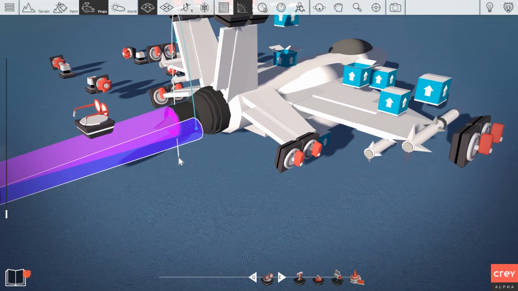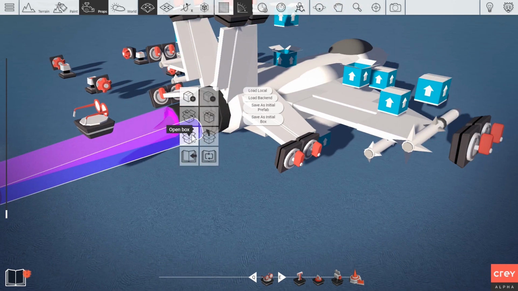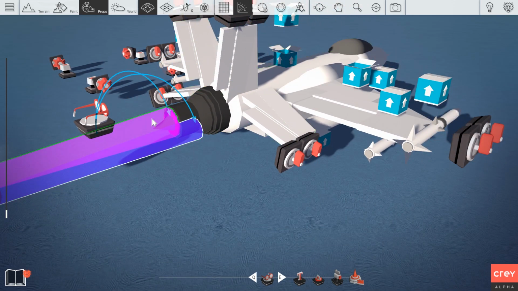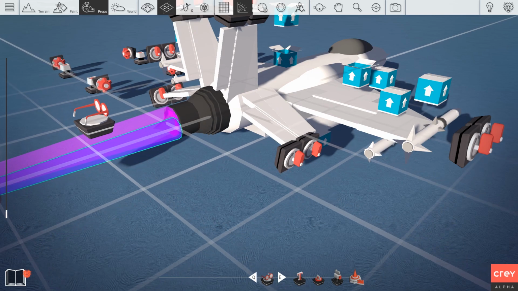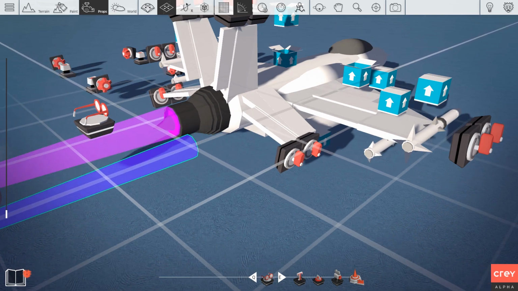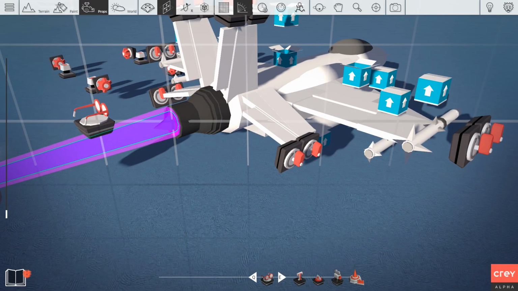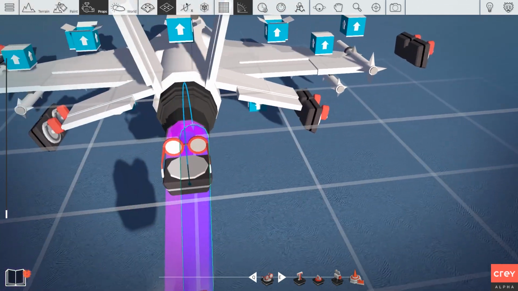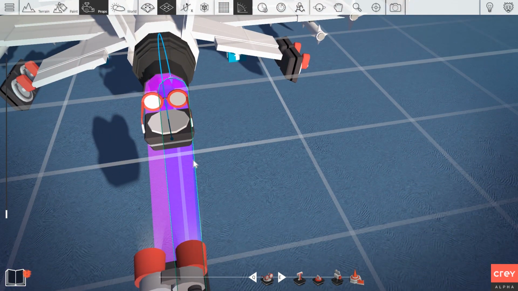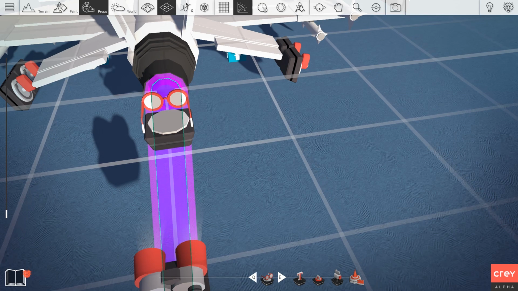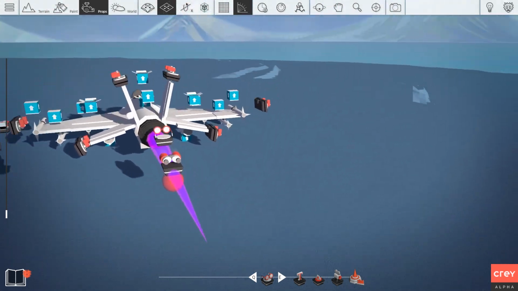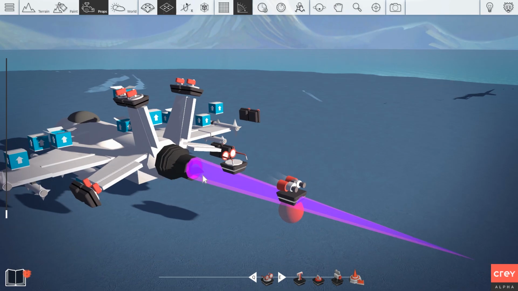Now, first I'm going to box. I'm going to take this one and add it to a box to the center one. I'm going to press B and do the same with this, and I'm going to do it with the hider as well. I just want to make sure that everything is in the same box. The reason why I'm doing it to this one before I put it inside is because when you have things inside of other things, it's hard to target it. Something like that. Alright, so now it has kind of a core,